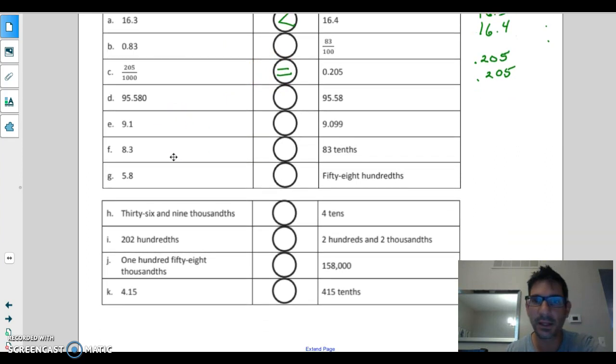Now E, this one, a lot of kids would get wrong because they'll say, oh, this is 9.1, this is only 2 digits, this is 4 digits. So they'll be like, oh, I got it, boom. And I'll be like, no. So when we're doing this, be careful. That's why we stack them. That's why I'm a big believer in the stacking method. So you just do 9.1, and then you do